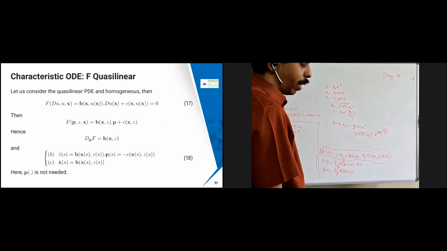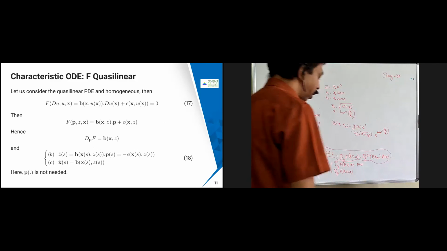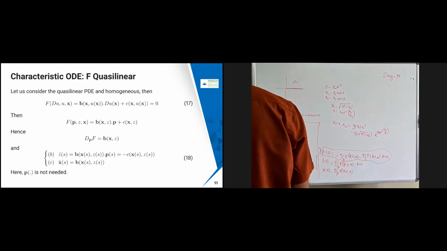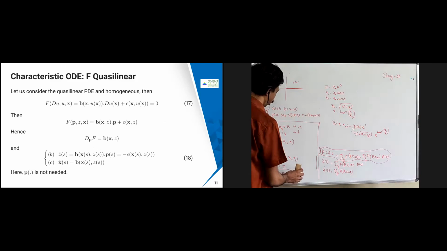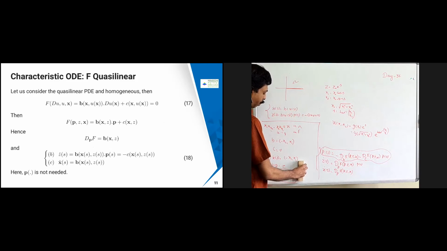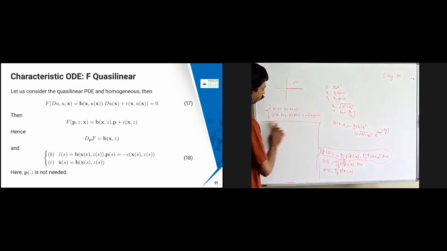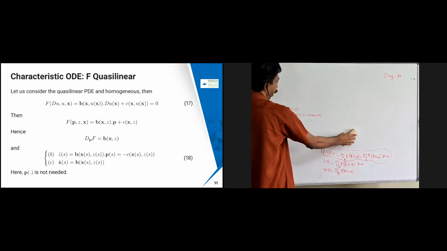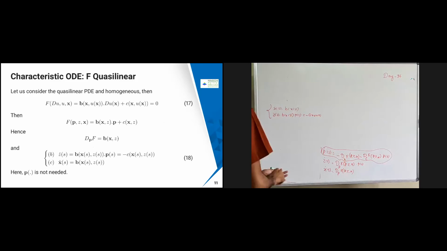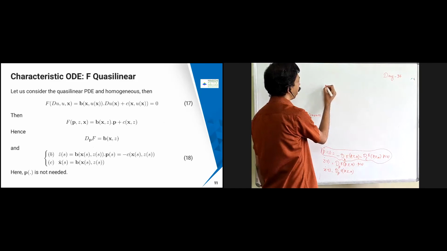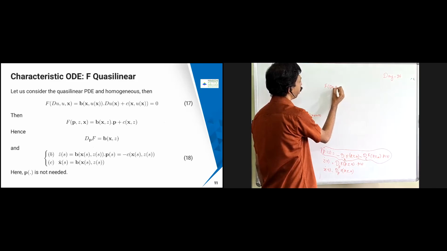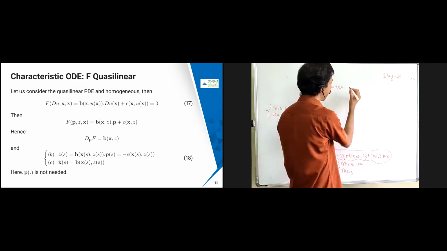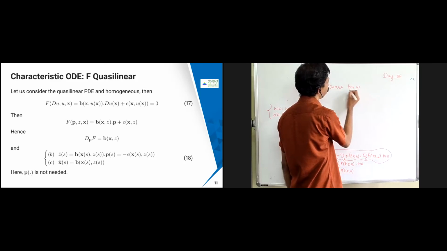Now we can do the same thing for the quasi-linear PDE also. For the quasi-linear PDE, instead of P of x, I'm going to have P of x comma u. Let's see the same kind of thing. I'm going to take a quasi-linear PDE now, and then we'll go further. So for the quasi-linear PDE, I have F of Du, u, x, which is nothing but P of x comma u dot Du,